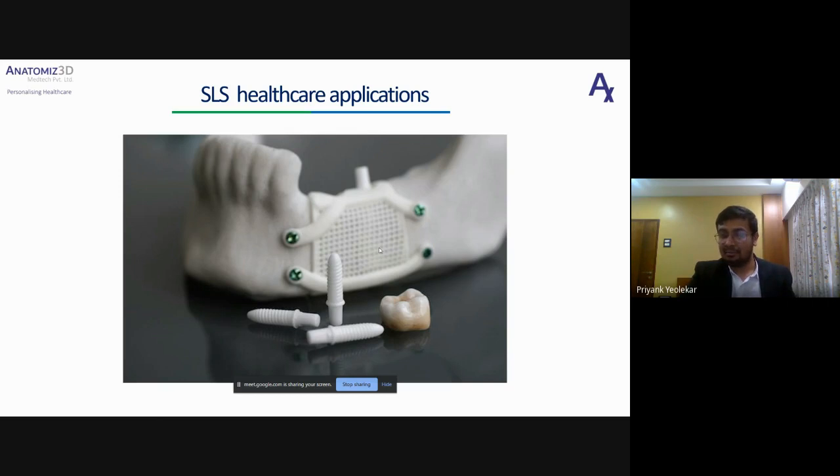Normally when the strength increases, the rigidity of the part also increases, but that is not the case with SLS technology or nylon powder. Even at a very high strength level, your SLS part will be flexible.